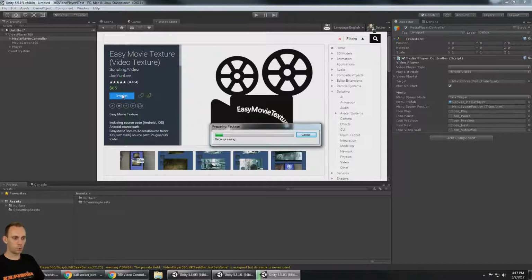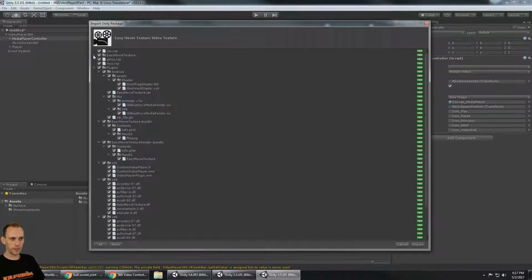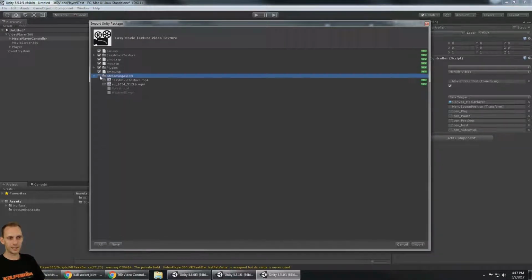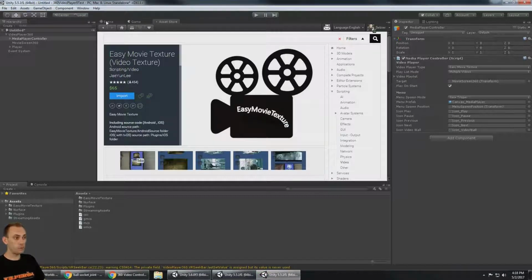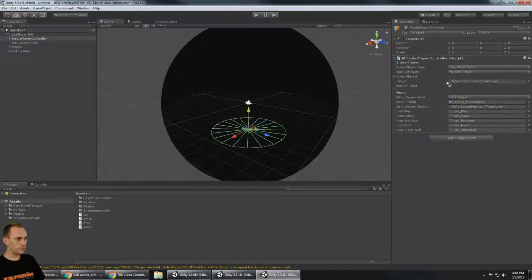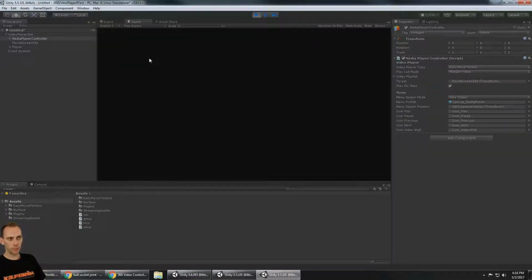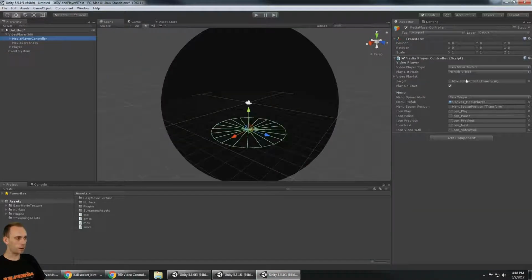Of course, I'm going to import the whole pack, but actually it's going to come with a streaming assets folder, and I'm going to deselect that because we don't want to use that streaming assets folder like that. Okay, so now that Easy Movie Texture is imported, you'll notice that video player type is already automatically populated to use Easy Movie Texture. And I'm going to hit play, and I'm going to get an error